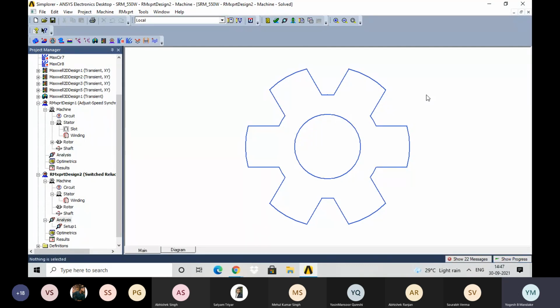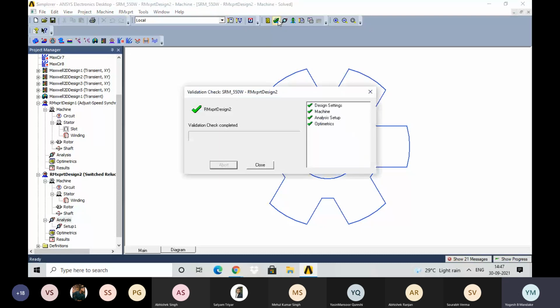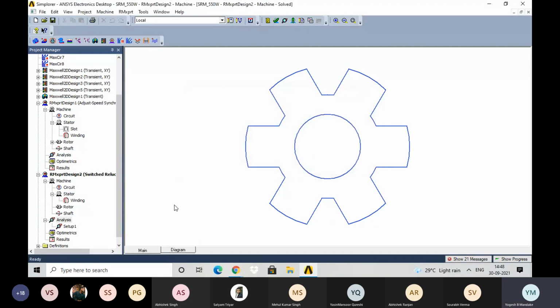After that, if you go through the validate design option, then see all the right clicks are available. That means the design inputs I have given are within the acceptable limit, and this design is validated. Okay, so make sure that whenever you are going to use your design, you validate it, and once it is validated, only then check your results.